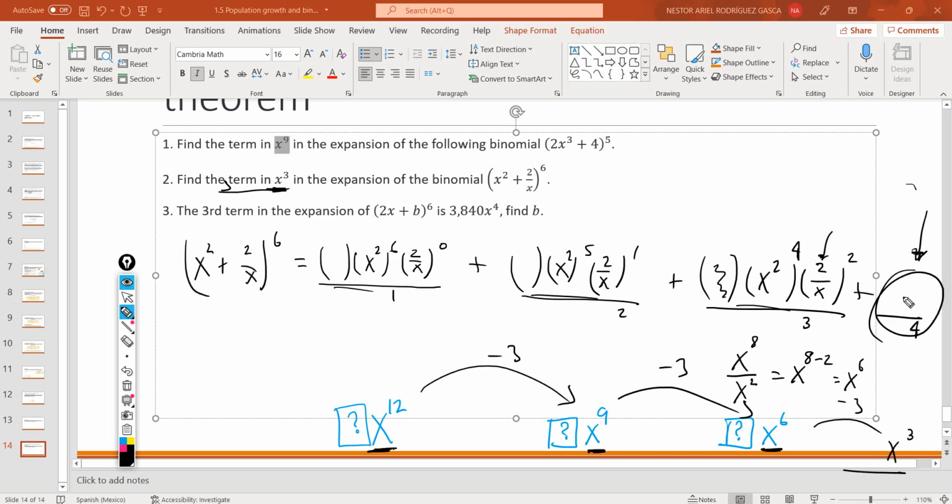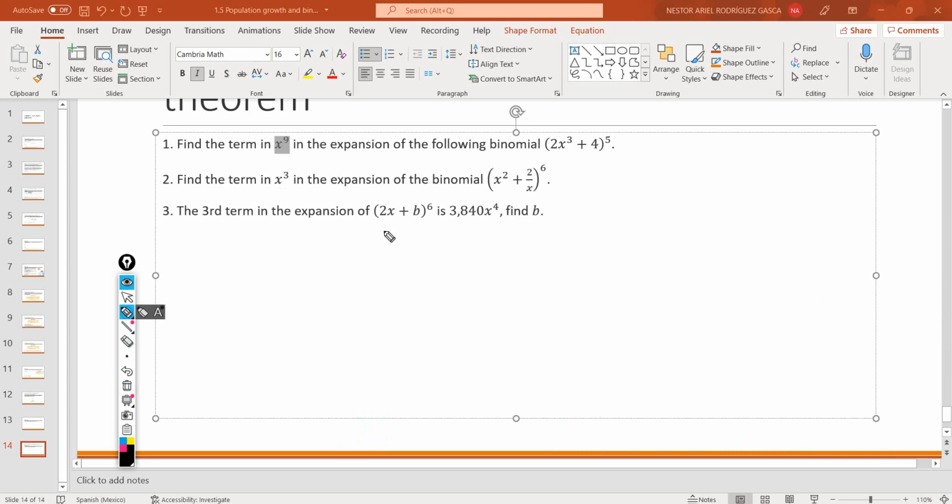So that's it, guys. We only need to get this one. I don't really care about this. I don't really care about this. I don't really care about this, nor do I care about the remaining terms in the expansion of this particular binomial. We want the fourth term, because that will be the term in x to the cube. So basically, let's find it. Let me erase everything. This is my binomial. There you go. And I'm looking for the fourth